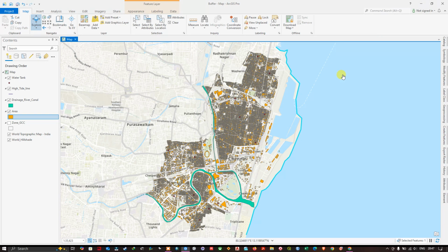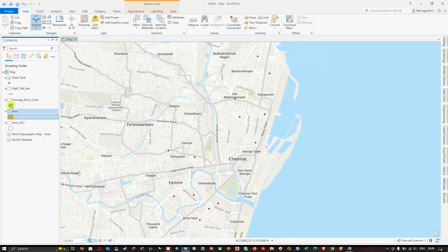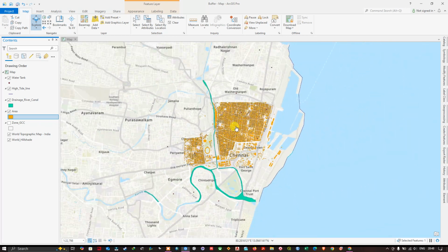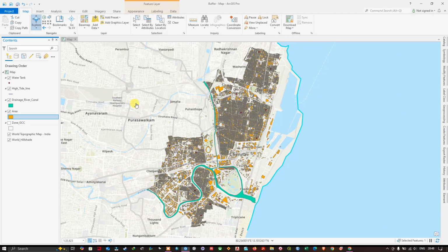So now let's get started and have a look at how to create buffer in ArcGIS Pro. I have a few features, as you can see. I have the water tanks of my study area, the high tide line, highlighted in blue, drainage and settlements. Okay, this is my data, and I'm going to create a buffer first for the water tanks because we are